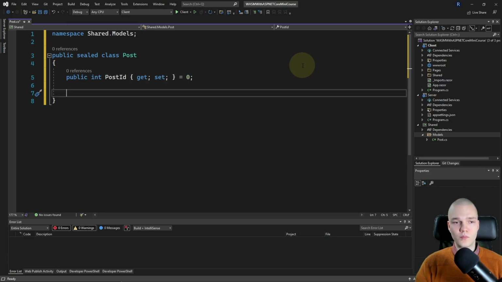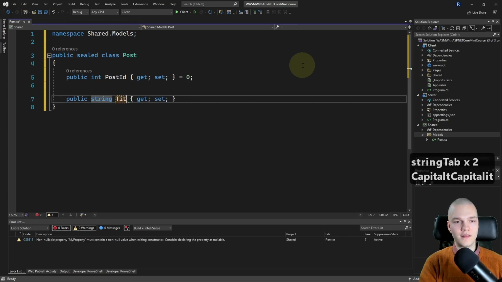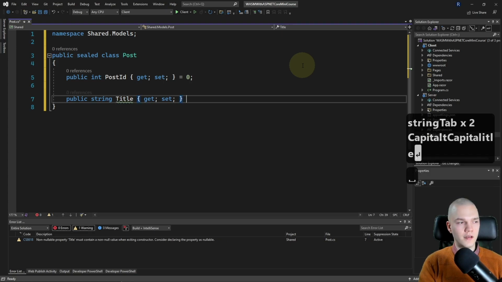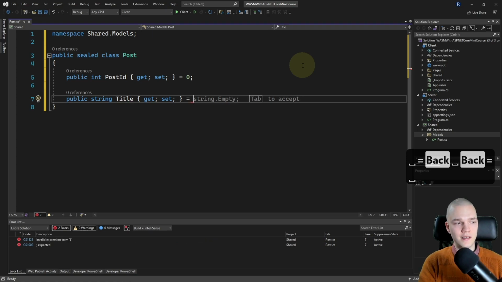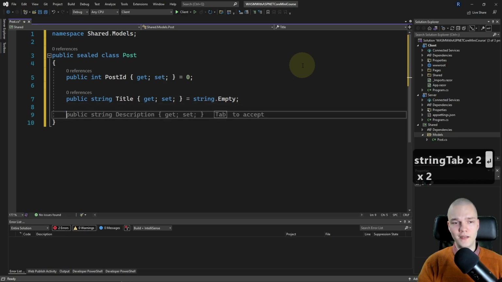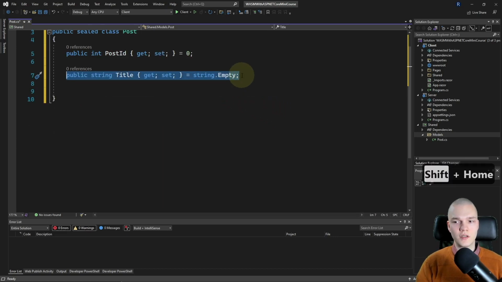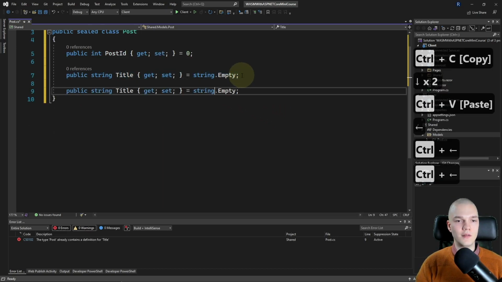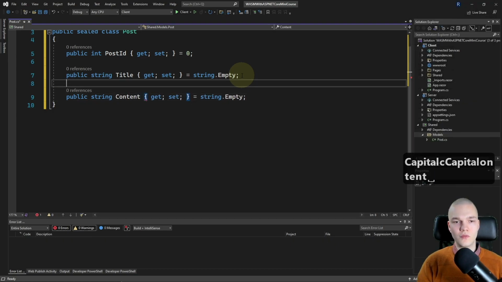Right, then another property, I'll do prop tab, and I'll do public string Title, and this can never be null. So I'll set the default value to an empty string, so string.Empty. And lastly, one more prop, but I'll actually just copy and paste this title and change the name to Content.